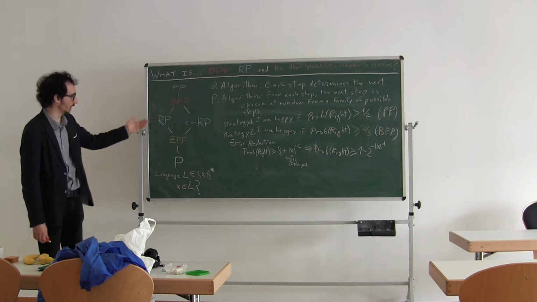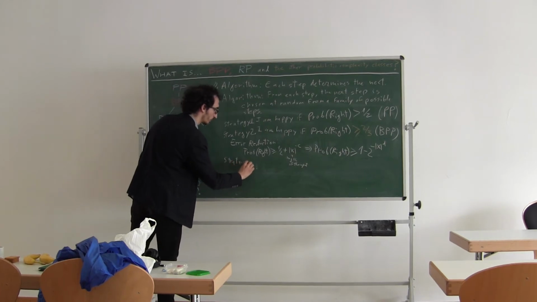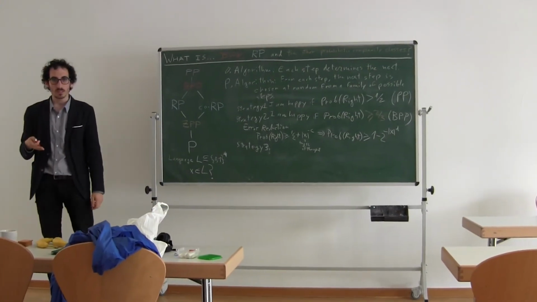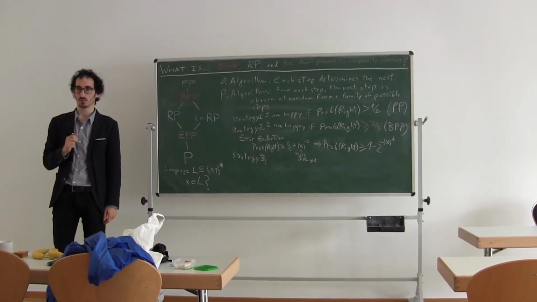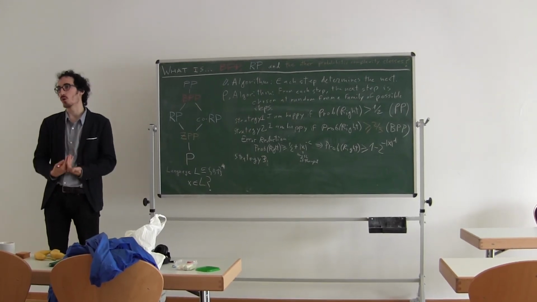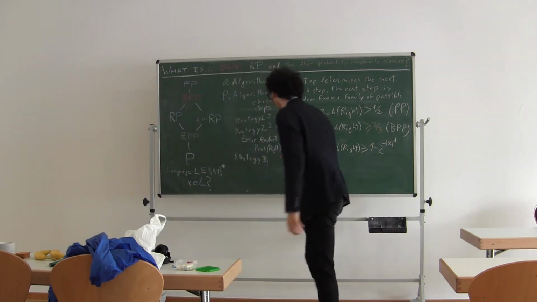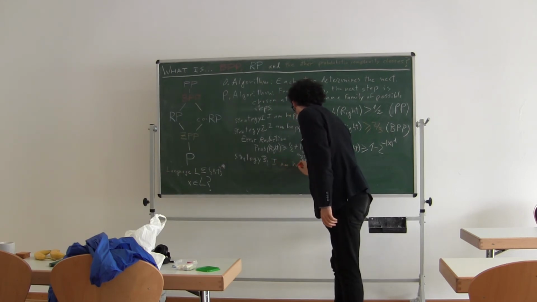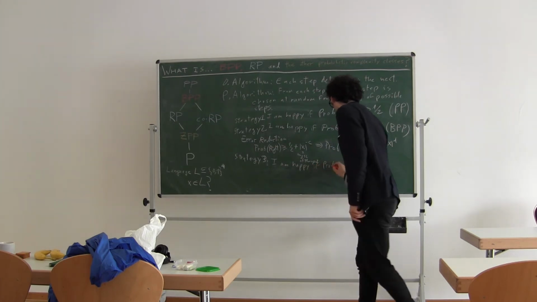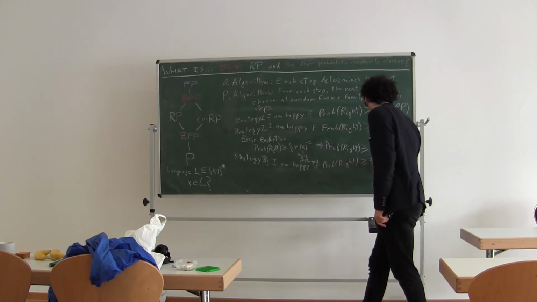And now there are RP and co-RP. So this is strategy 3, which is similar to BPP, but now you ask not only that you want to have a certain probability, you want that in one of the cases you are always sure that the answer is correct. So strategy 3 will be: I am happy if the probability of being right is bigger than 2/3,